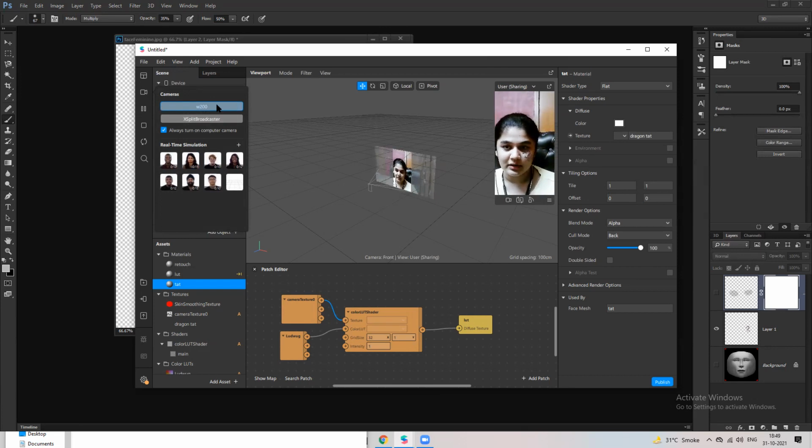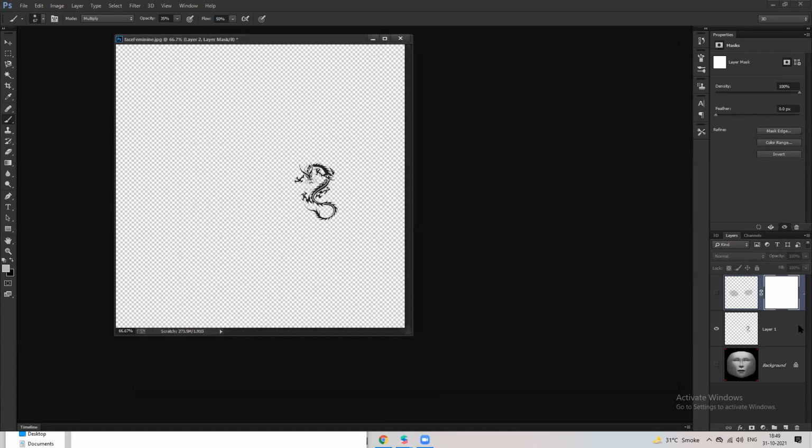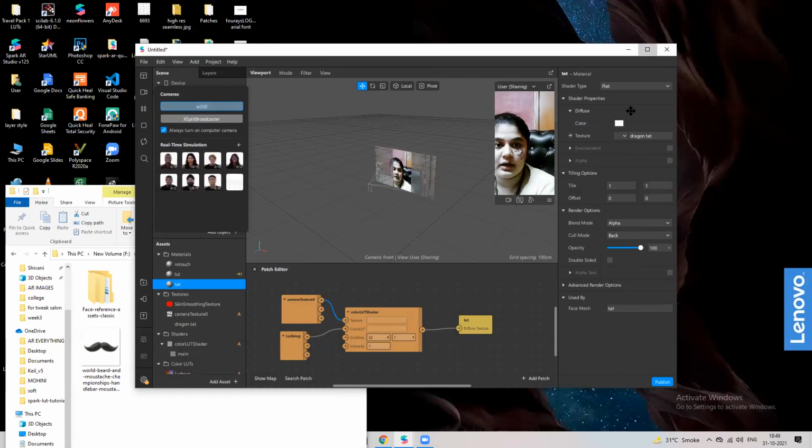create, edit pictures or images, PNGs. You can download PNGs and make them into transparent background PNGs, or you can draw them yourself using the face reference assets in Photoshop. So that's something we can do. Using this we can make a lot of things.